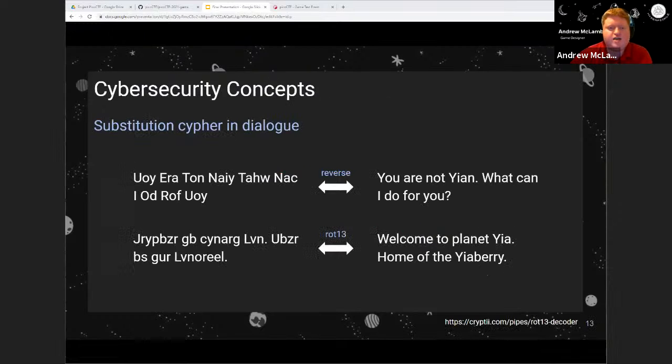One way our game does tie back into cybersecurity is that each of the inhabited planets has its own language. These languages are represented by encrypted text. Some encryptions are simpler, such as the words being backwards, while others are more complex, such as the ROT 13